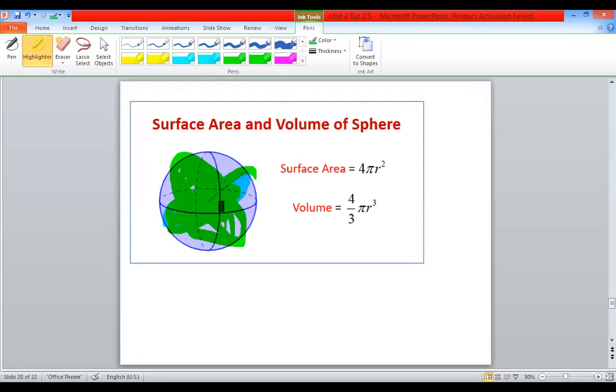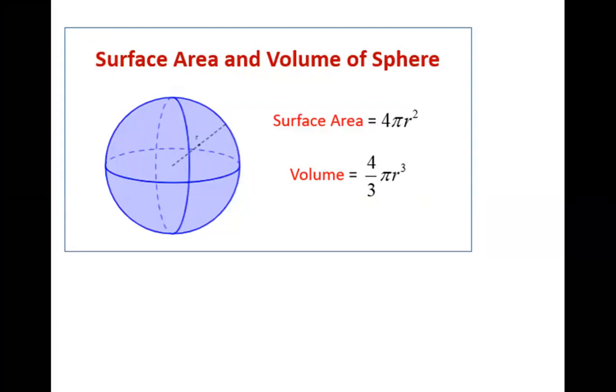Okay, this one and this one. So this whole figure represents a full sphere. They give us four circles. So the area of one circle is pi r square, and the sum of all areas is 4 pi r square. So the surface area is also the sum of all these. So students, please remember these two things. Remember these two formulas, surface area and volume.